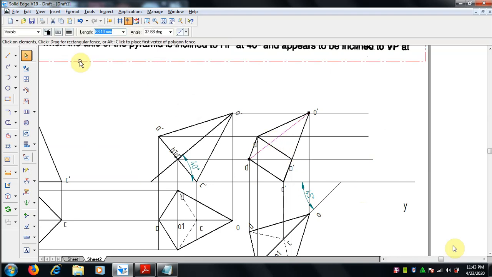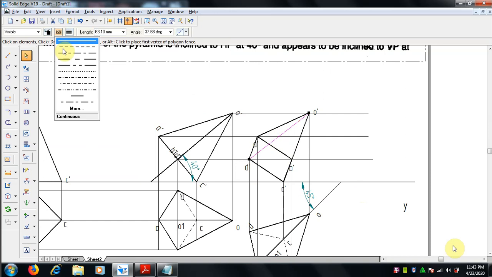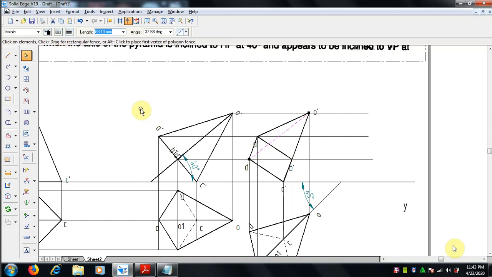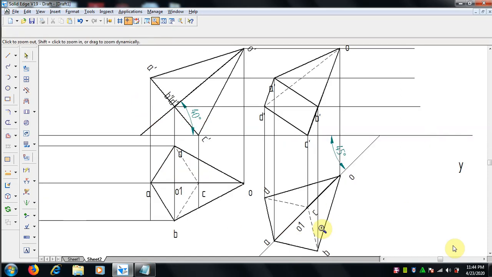The slant edge DO is hidden, so we have to make it into a dotted line. That is, when we see from the view, we come to know that DO is not able to be viewed. We cannot see that one.